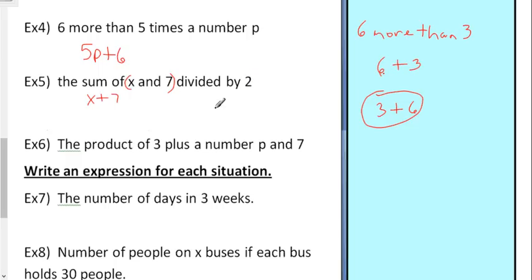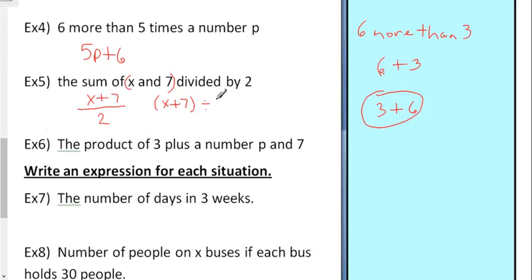Now the question you have to ask yourself, why this problem's hard, is am I dividing the x by 2 or the 7 by 2? And that's what you have to ask yourself. What am I dividing by 2? Well, most people would say 7 divided by 2. But the correct answer, if you think about it for a minute, is I'm dividing that entire thing by 2. So it's over 2. You could have also written it like this, x plus 7 in parentheses